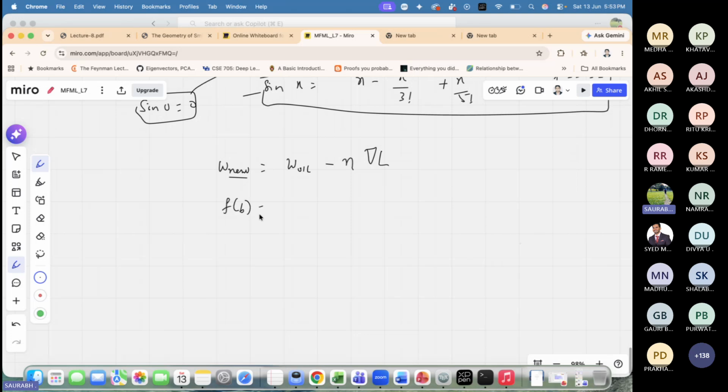The function's value at the new point is equal to the function's value at the old point plus b minus a, let's say that is the step, and b minus a is how far b is from a, which is the step, into f dash a. Now these two things are exactly the same, because if you have a variable of multiple dimensions, or let's say a function